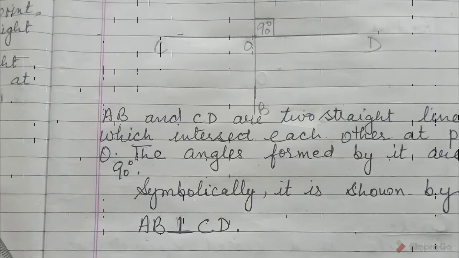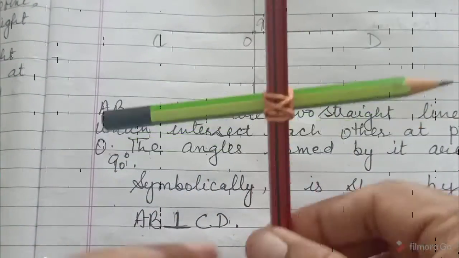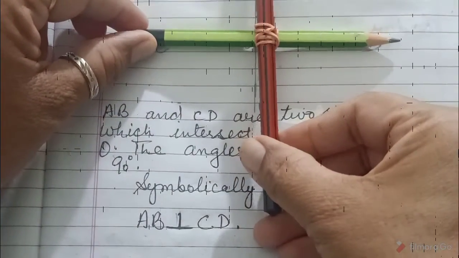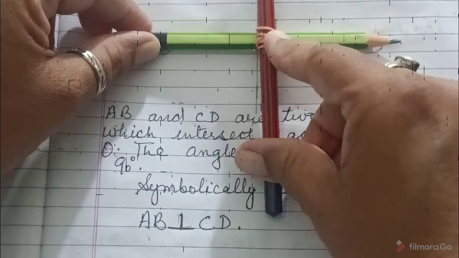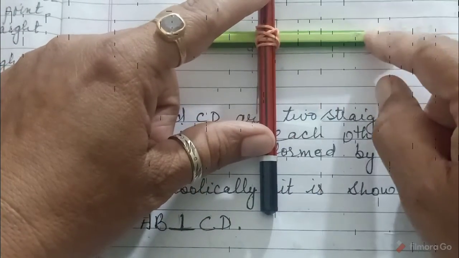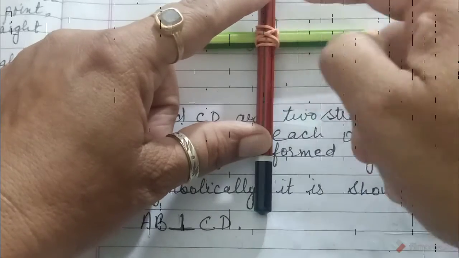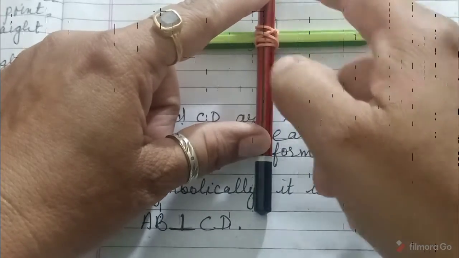Is it okay? And how to take this example? Here, two pencils, like this, make an angle of 90 degrees. They intersect at 90 degrees at this point. This is the CD line, this is the AB line, and the angle between these two lines is perpendicular to each other. Here is the 90 degree angle.